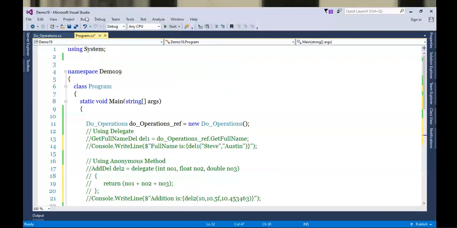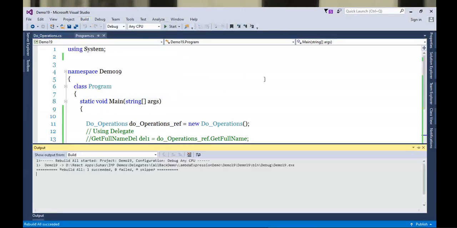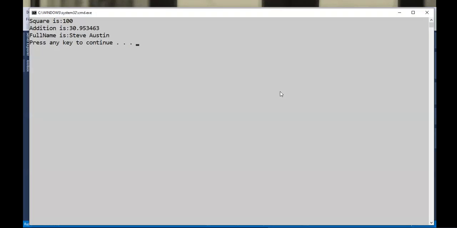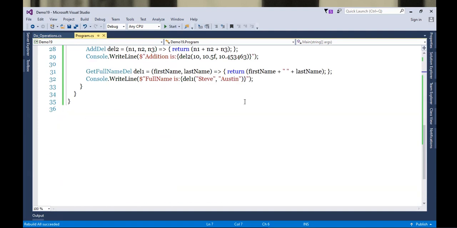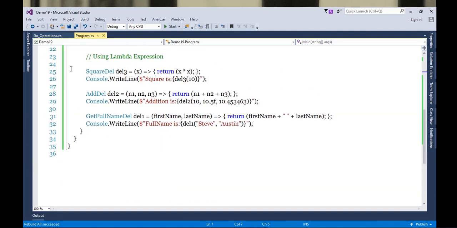So let's build this, and if I run this again, I'll be getting the same answers, which you can see. So using lambda expression with minimal effort, you'll be able to perform the same functionality. This is the point.